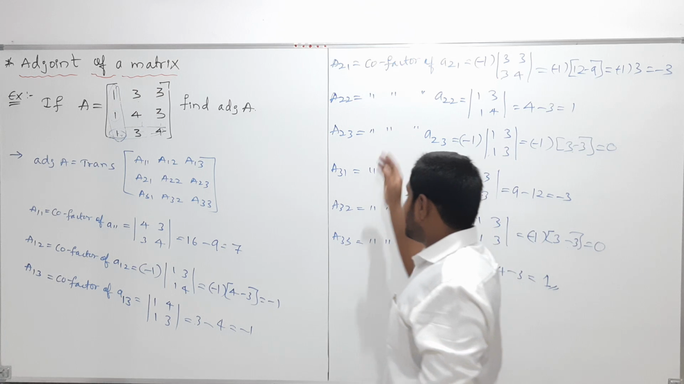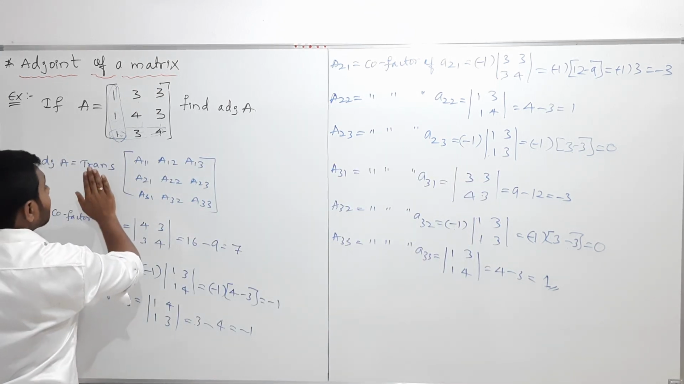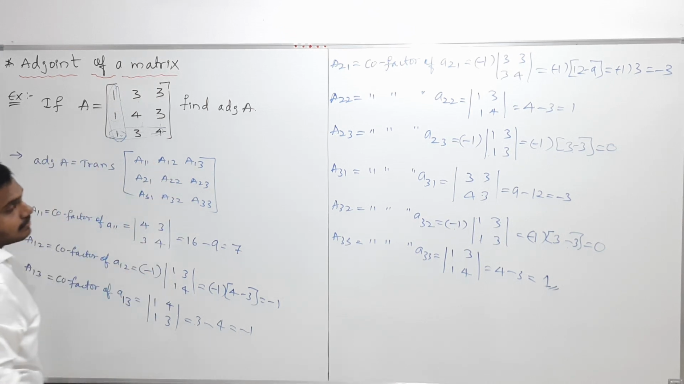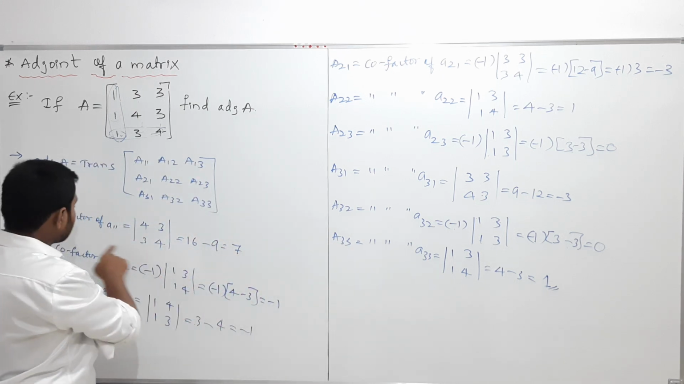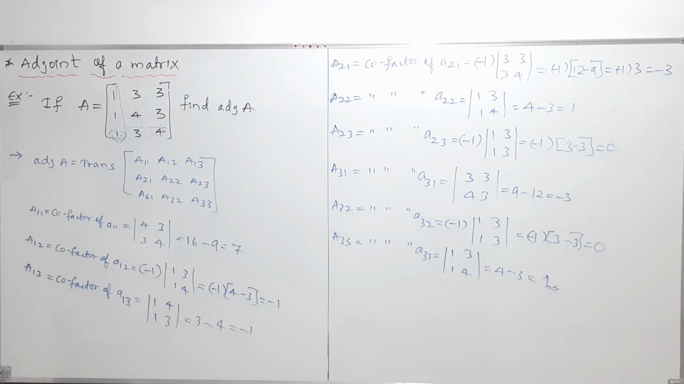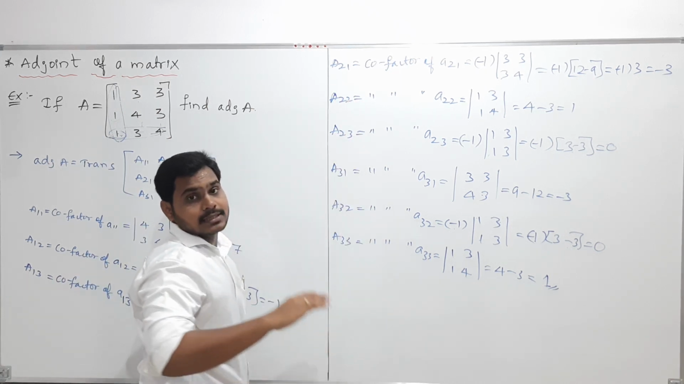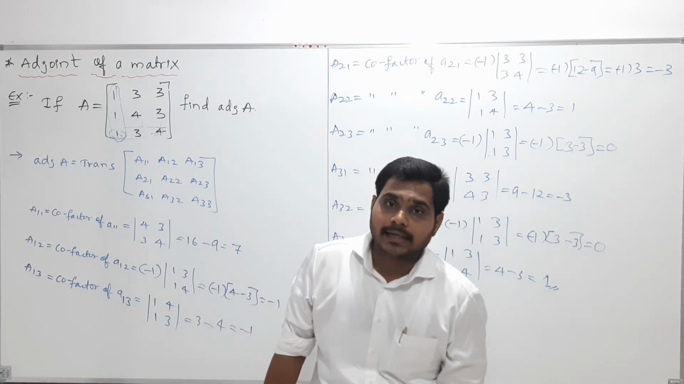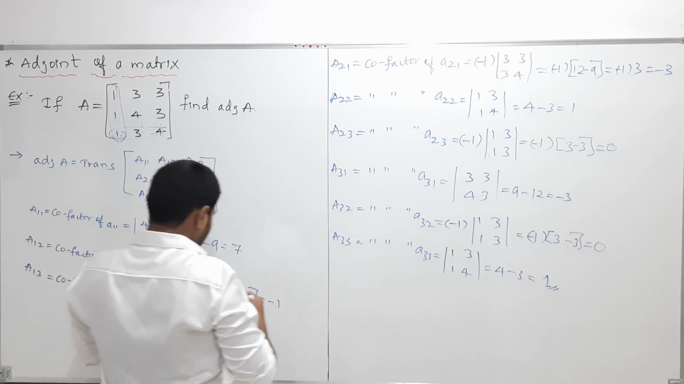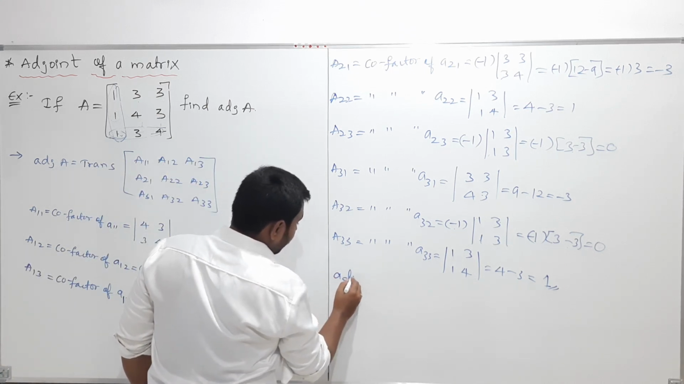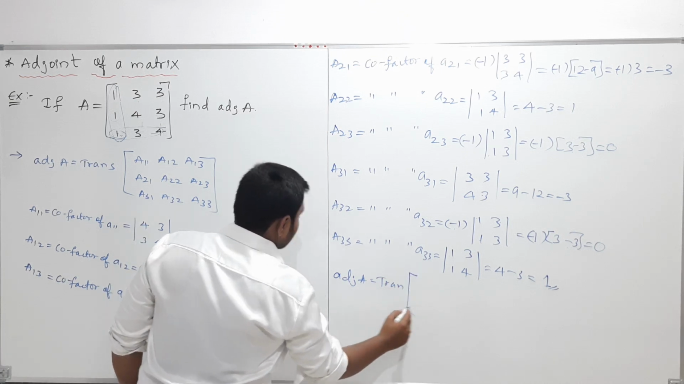But after finding the cofactors, you want to find the adjoint of A. Adjoint of A is nothing but what? The transpose of the cofactor of each element. So I calculated only the cofactor of each element: A11, A12, A13, A21, A22, A23, A31, A32, A33. But now I should calculate the transpose of these cofactors. So the adjoint of A is equal to the transpose of